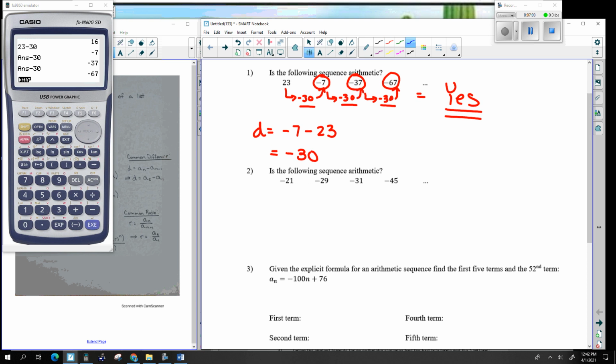Number 2, same question. So let's go ahead and find that common difference. I take the second number minus the first number. So that's -29 minus -21, which is -8. So if I minus 8, okay, -21 minus 8, -29, okay, good to go, minus 8,